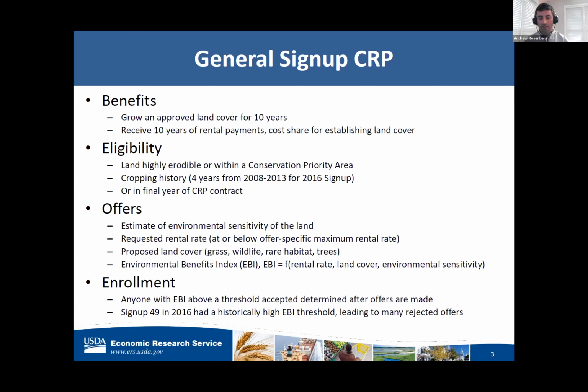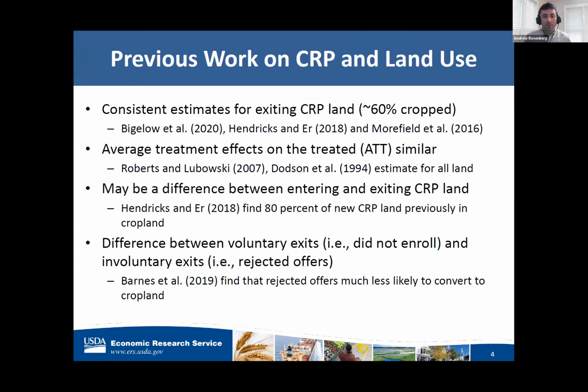So in 2016, which we look at, this actually had a historically high EBI threshold, so there were a lot of rejected offers. And as I'll explain in a little bit, that's part of the reason that we use 2016, because we look at rejected offers in particular. So there has been a decent amount of work on this relationship between CRP and,